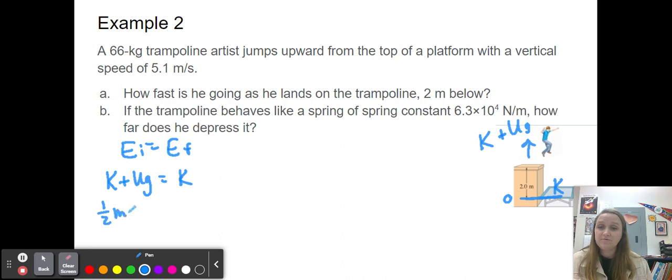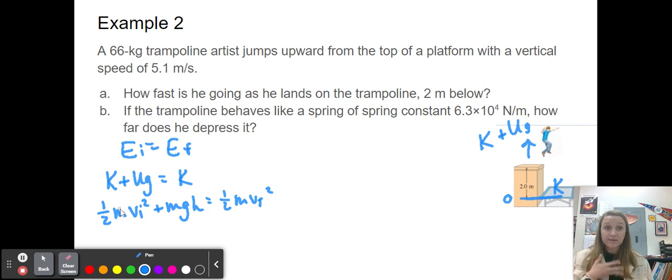So 1/2 mvi squared plus mgh equals 1/2 mvf squared. Mass can cancel. Doesn't have to cancel. We have the mass provided, but I'm going to do less math since I don't have to use mass. The reason mass is provided on this is the next part, the mass won't cancel out. So I can say 1/2 times my 5.1 squared, because we know he's jumping up. It doesn't really matter if he's going up or down right now,